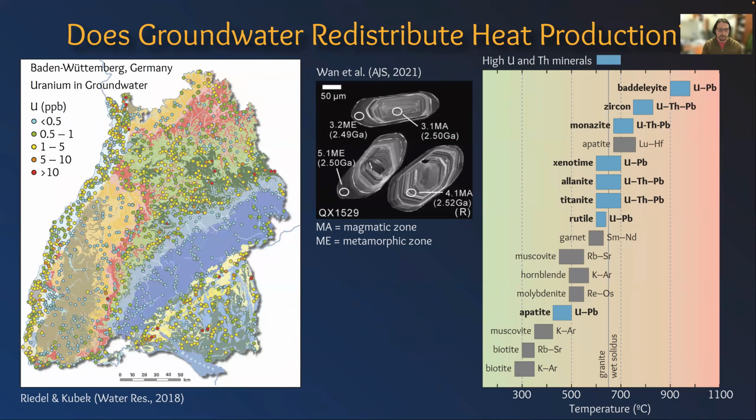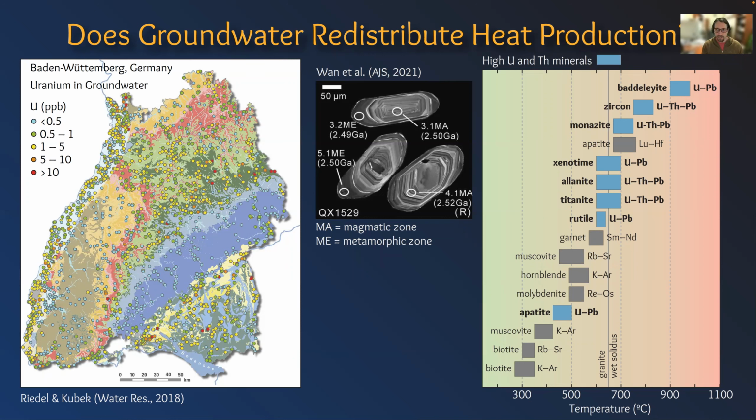One last thing I want to say about heat production is that a number of people have suggested that groundwater can actually move heat-producing elements around. If we look at this plot from Germany, we see that there actually is a good correlation between the geologic units and the concentration of uranium in the groundwaters. However, I want to note that this concentration is in parts per billion, and the concentration of